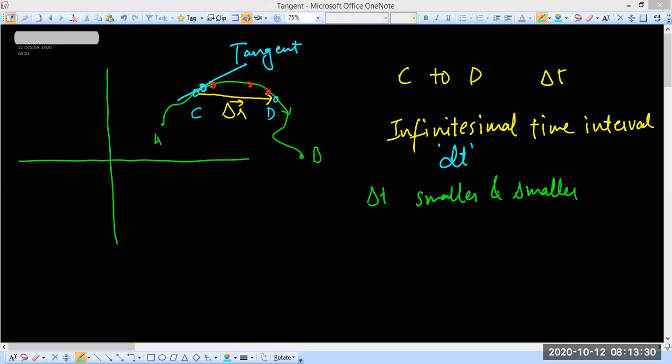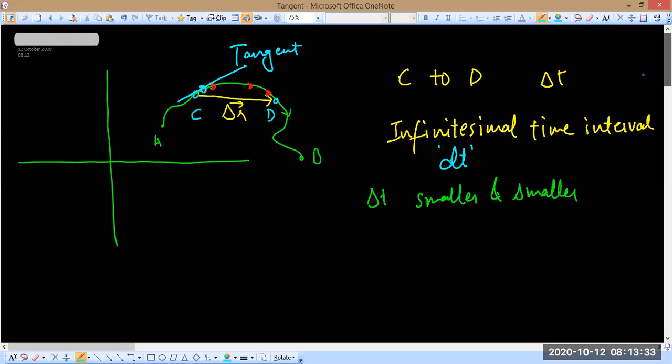Vedant, focus on what I'm explaining, right? You are getting distracted. Okay, so